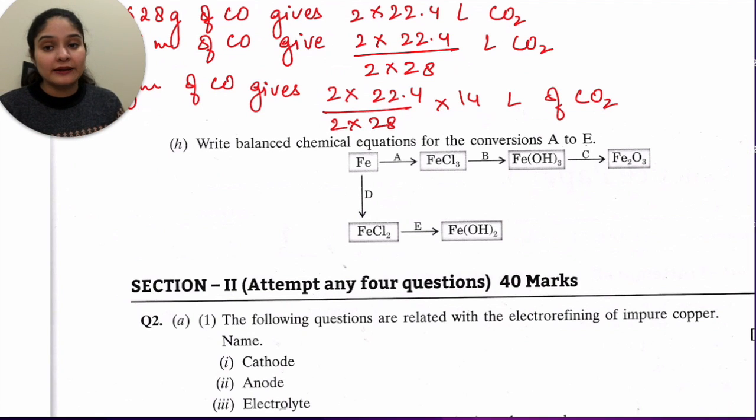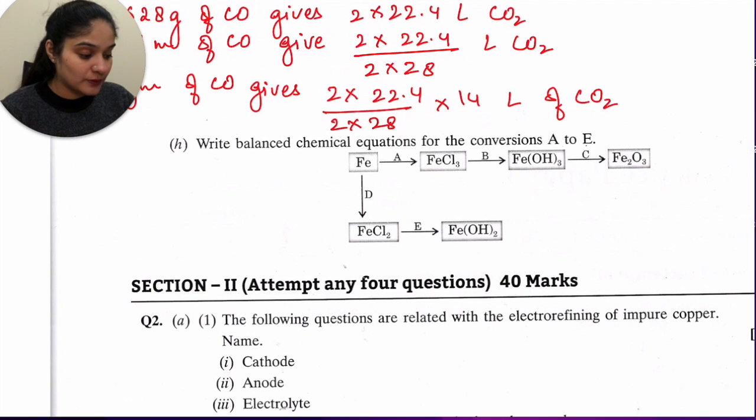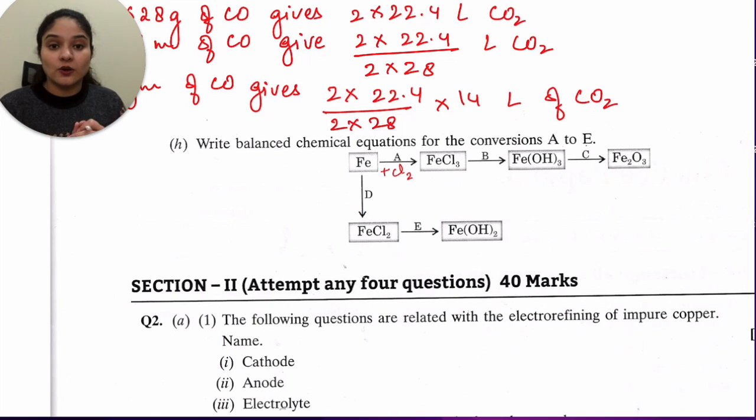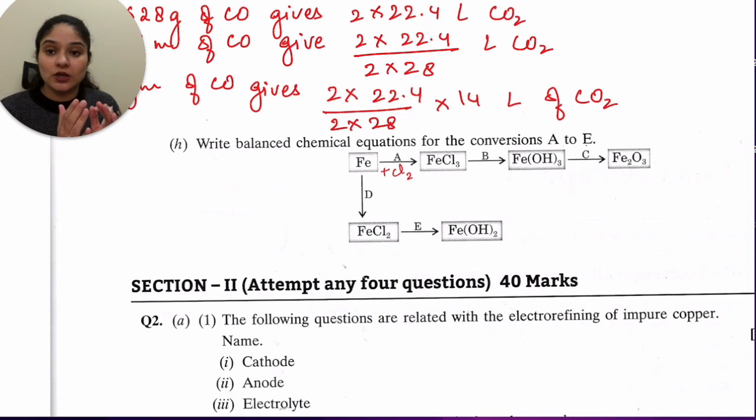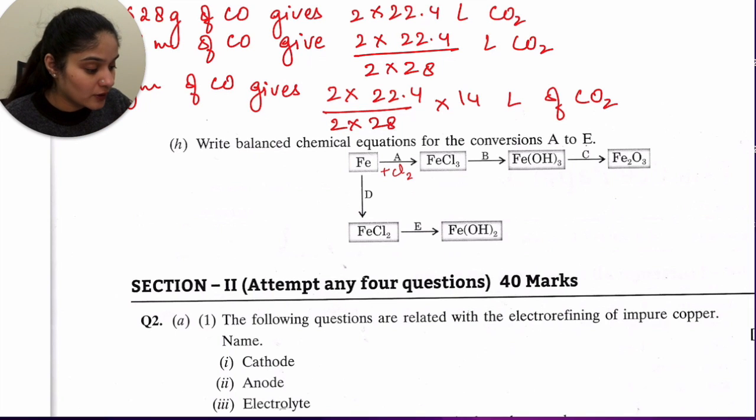So how you can add that up is you can add chlorine to it directly. That means iron reacted with chlorine. I'm just going to write up stuff here. So plus chlorine, that will give you FeCl3. Now from FeCl3 you are trying to replace chlorine and put in hydroxide, that means OH thrice. How would we do that? You can react it with NaOH, because chlorine will go with sodium and make NaCl, and the hydroxide OH will get combined with iron. So over here I can write plus